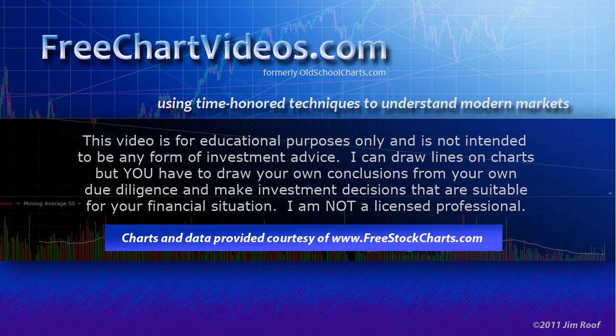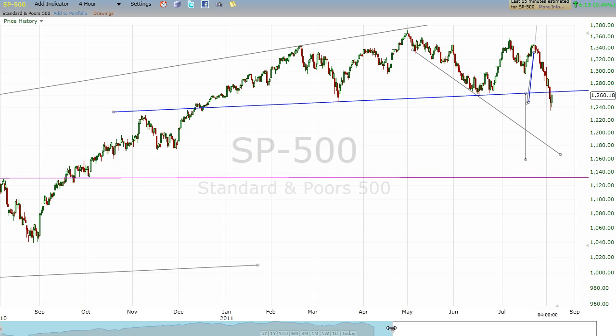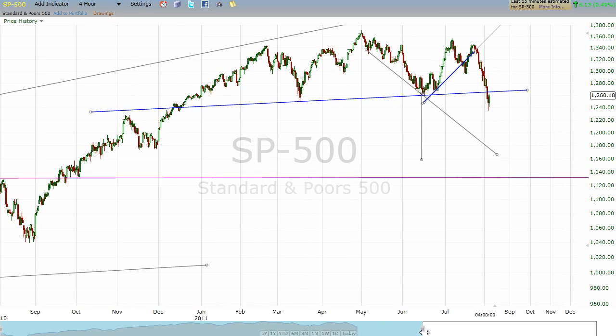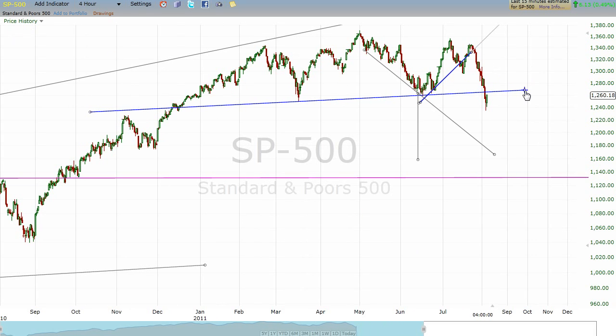So let's look at some charts. Okay, we are looking at a 4-hour chart, and I'm going to fine-tune one little line here. There we go. Make sure I've got that right on this spot and this spot right here. And we are looking at a confirmation on the head and shoulders today with the extended downside breakout, and I